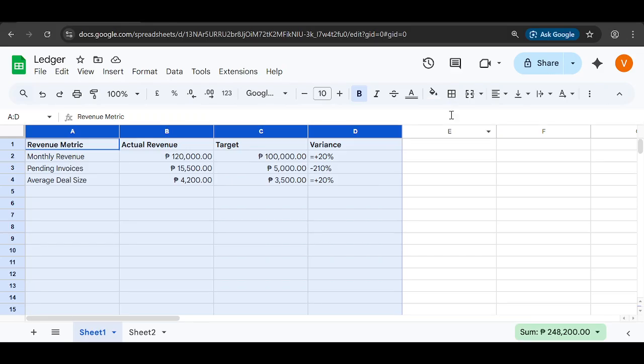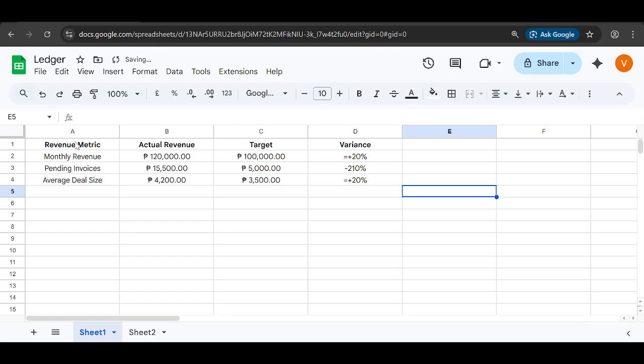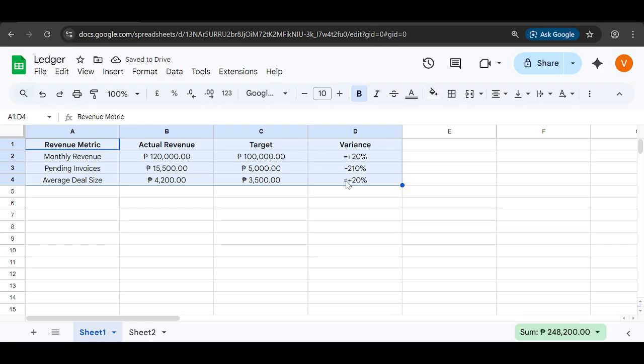Start by selecting your source data or simply click anywhere inside it. If your data is laid out in a clean table, make sure each column has a clear header and that your columns contain consistent types of information. Avoid merged cells or completely blank header names because pivot tables use those headers to build the summary. If your data is already inside a neat block, clicking a single cell is enough for Sheets to detect the